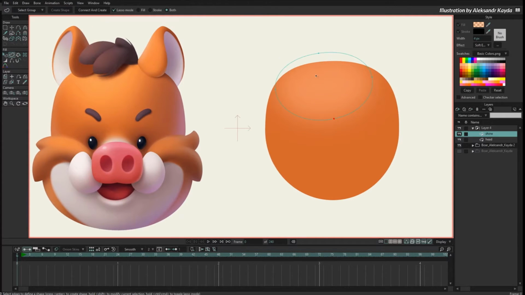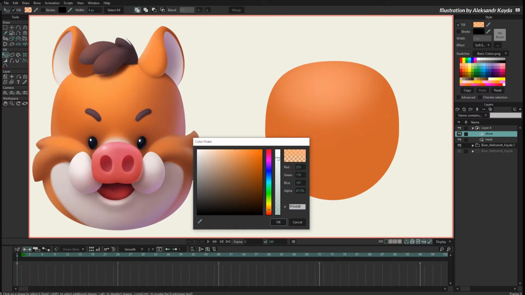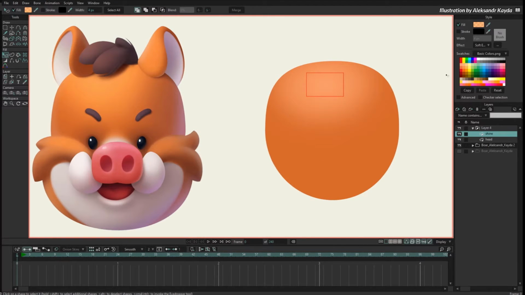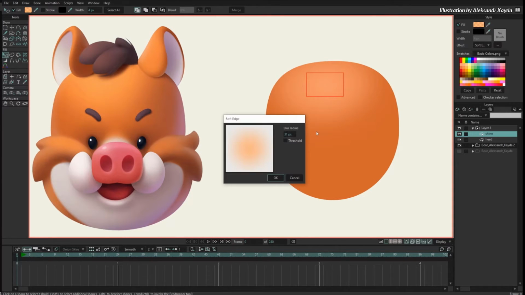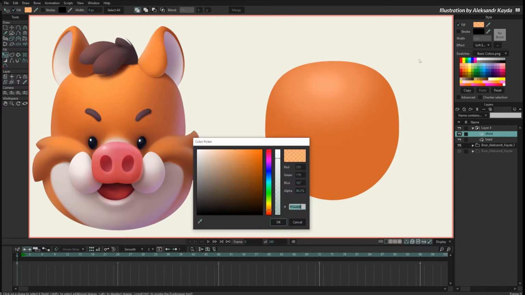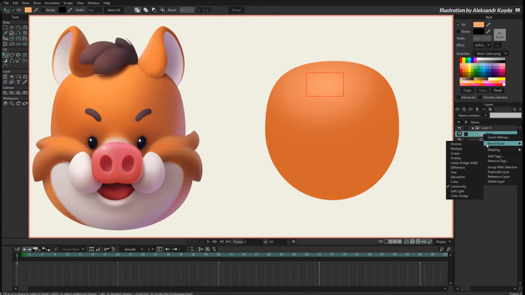And now maybe I can create a second circle with this tool. And I will just make the circle to have more opacity and maybe less soft edge. So you can see we have some kind of shine here. And I still feel this is too white. I need it to be more yellow. So I will try to change the